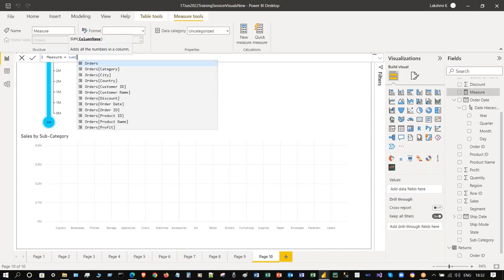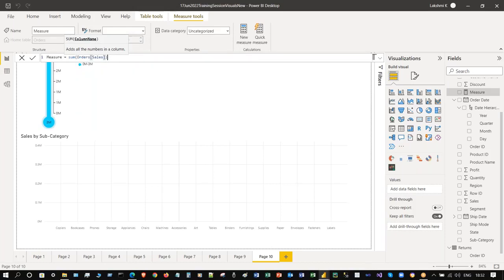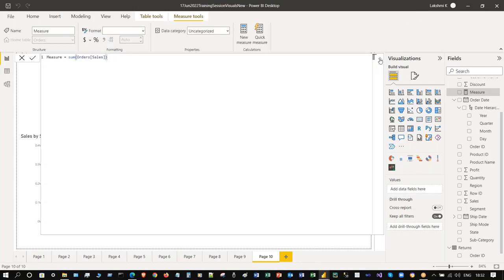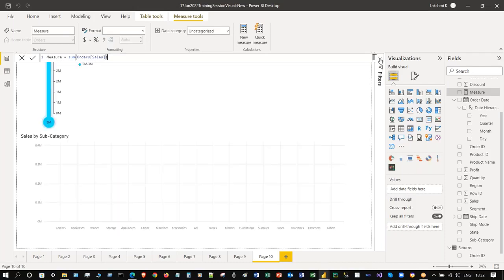It shows up all the list of fields that you can use to sum orders of sales. So you can just take this. Once you're done, you can press the enter key. You can make it bigger or smaller like this. Once you press the enter key or the tick mark using your mouse,